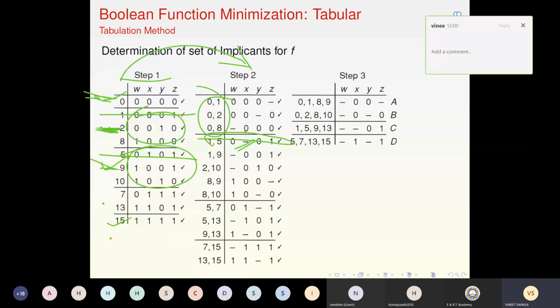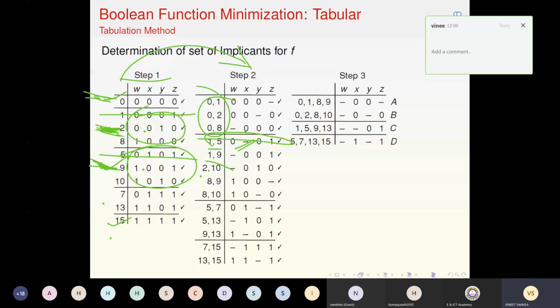If I compare this with the next one, I have 9 pairs: 1,5, 1,9, 1,10. Is 1,5, 1,9 and 1,10 feasible? It's not feasible because they differ in more than 1 bit position. So you have to choose only from neighbor groups and pair them if they differ in only 1 bit position. That's all, and I hope you can do it.